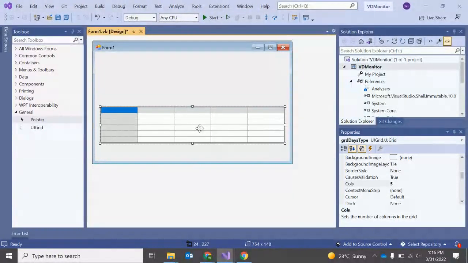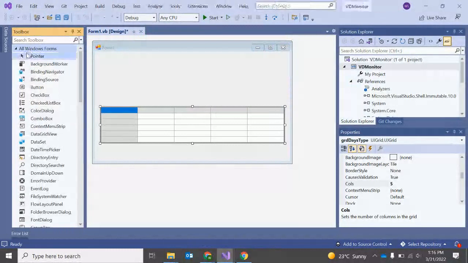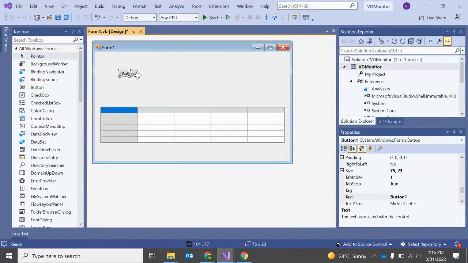Then the other thing I need to do is, obviously, I need to specify the buttons, because buttons make this program do the things it does. So I am going to add in a few of my buttons. So I've got a button, and this first button is going to be meant for,